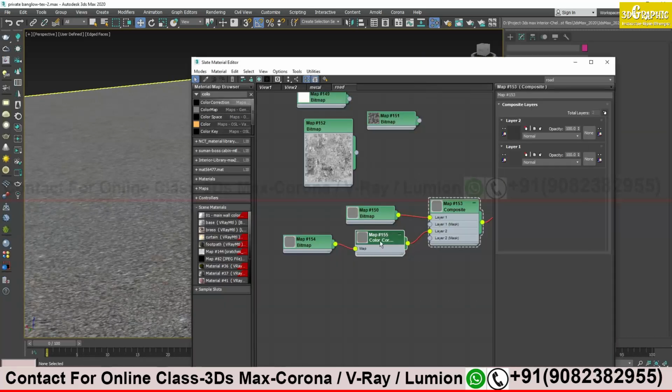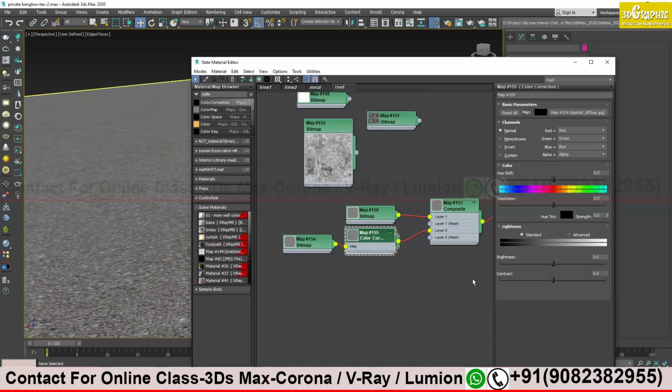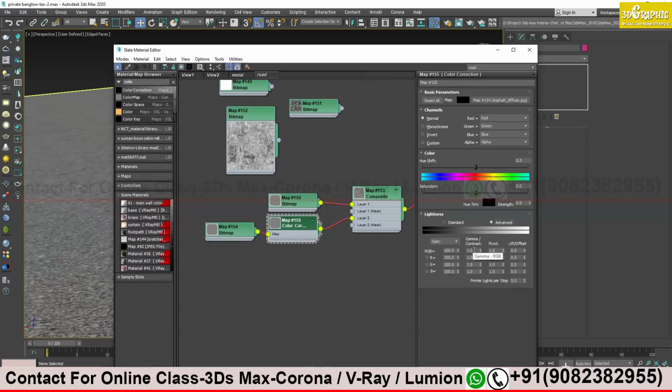Now I will double click over here and darken this road texture. I will go to advanced. Here, the contrast gamma value I just decrease a bit, maybe 0.6 I will take.